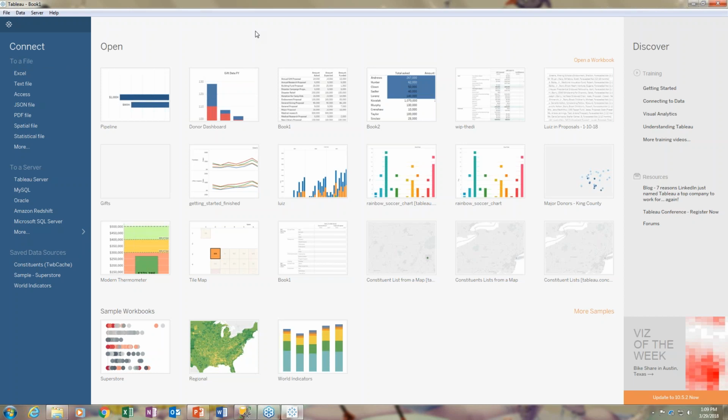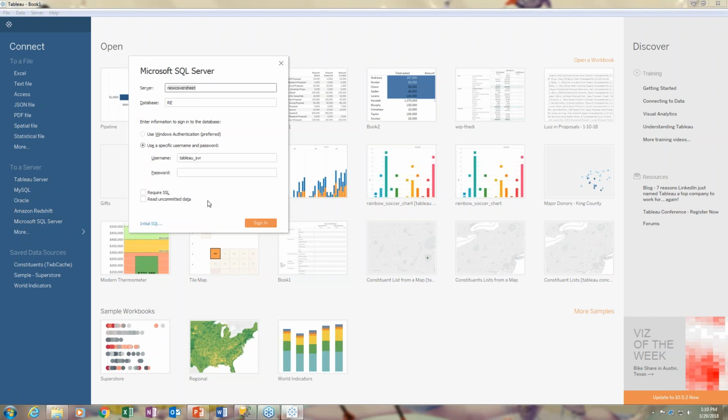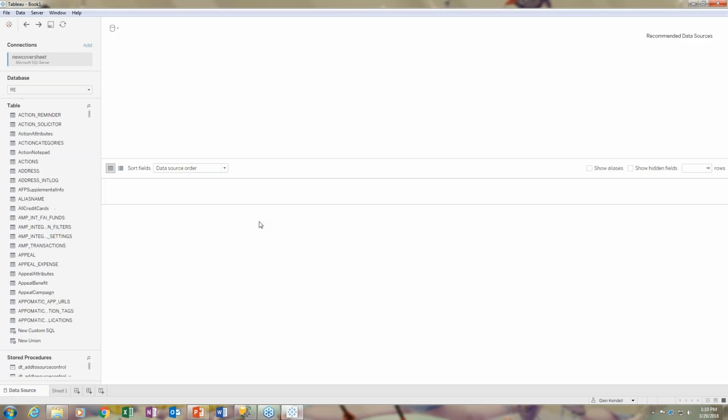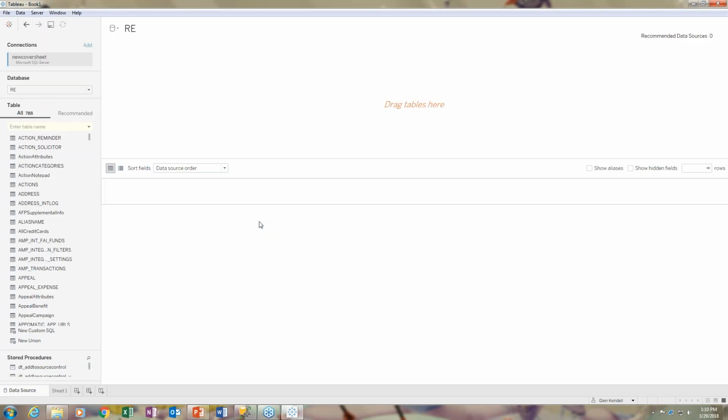So once you open up Tableau, basically you get this dashboard, and it wants to connect to data so you can get going. You can connect to Tableau Server or Excel or whatever. Of course, we're going to connect to Microsoft SQL Server. That's the name of my server, the database I'm going to connect to, and I'm going to go ahead and enter the password here. All right. Once I have entered the password, I told it to connect to Razor's Edge,